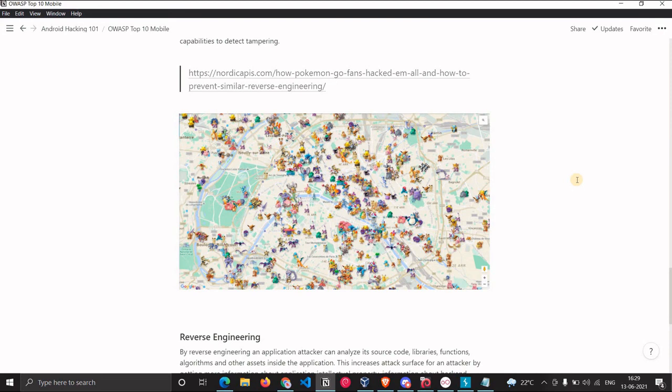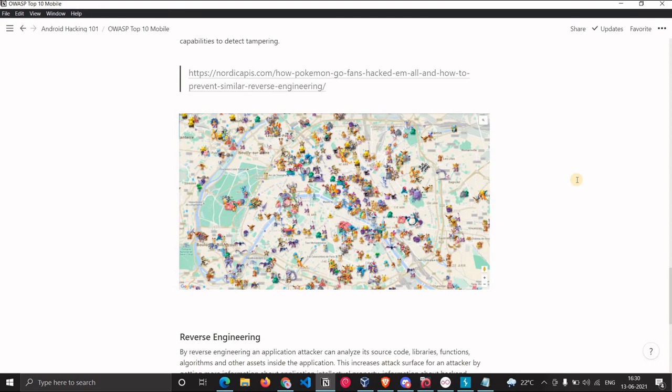What hackers did is they reverse engineered the application. They saw what code is used for the geolocation or the geo index. In Pokemon Go you can find Pokemons as you move from your place, in the geo area. They hacked it and changed their location to any place so that they could catch more Pokemons there.